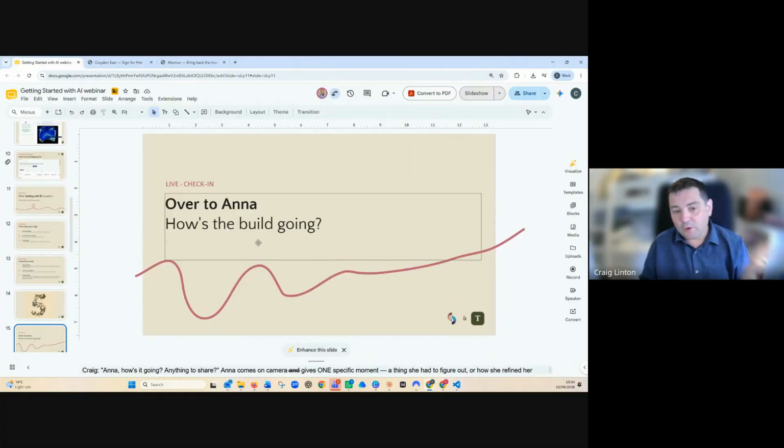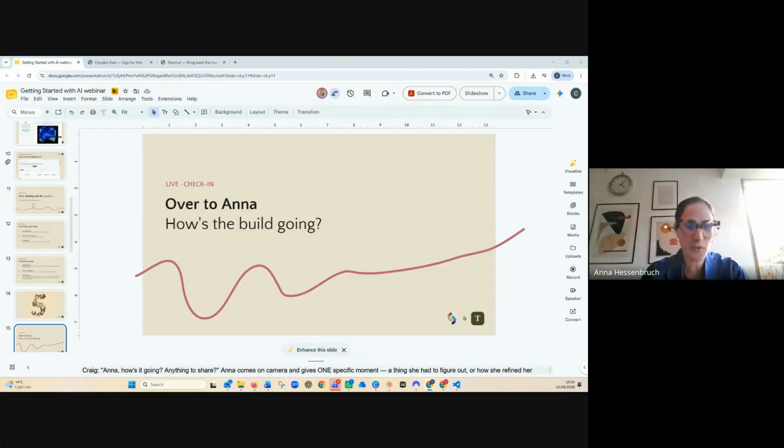So I'm going to pause it there. We're going to go back to Anna, and let us know how you're getting on, Anna. How's progress looking? Yeah, so at this point during the build, I had gone in and